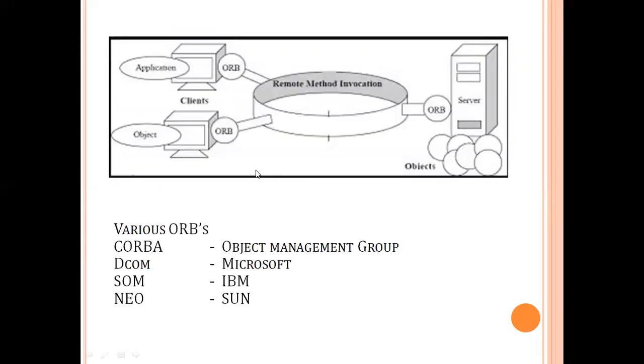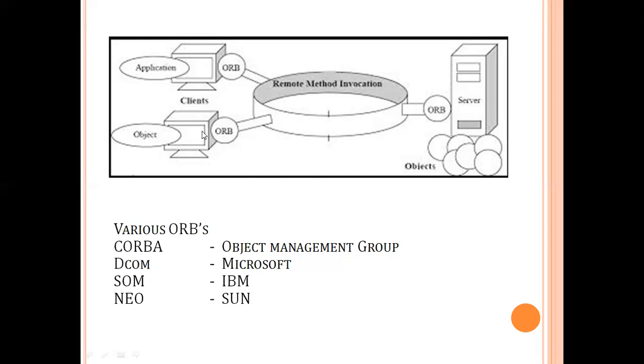An example of this model can be remote method invocation. Here, the client is nothing but the collection of objects. The server is nothing but the collection of objects. So whenever a client wants to communicate, a method invocation can be done using this ORB. This ORB will be locating the method. The method will provide the response. A response will be given back to the client through this ORB.